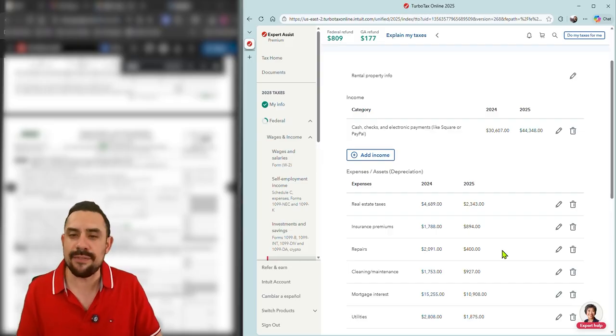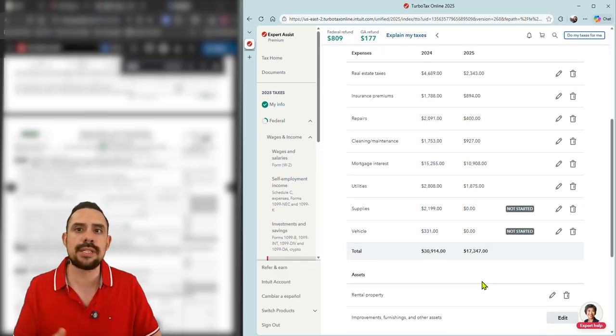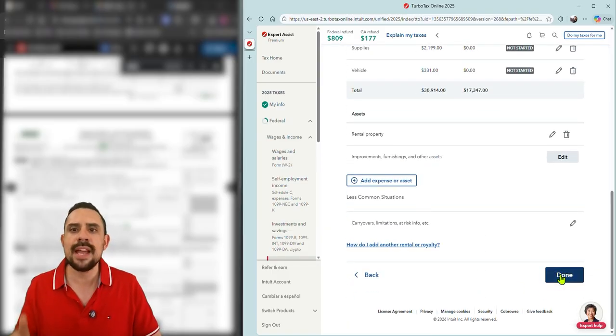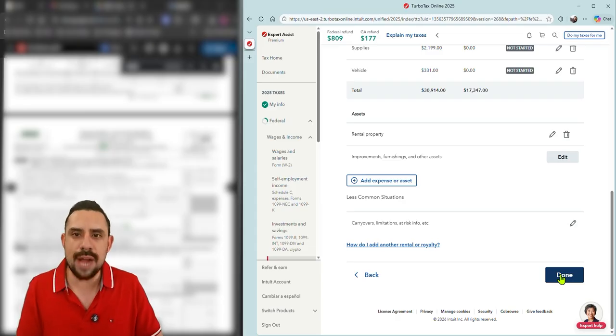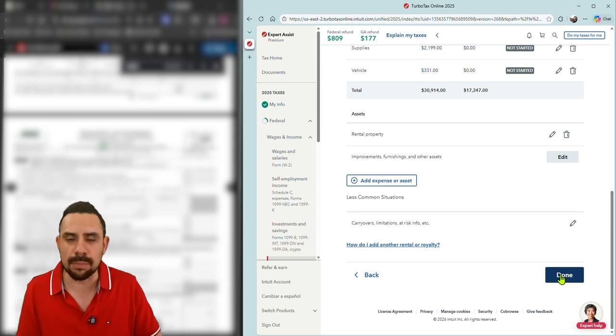Those already have that 50% allocation. And so really what TurboTax is going to do is it's going to take that revenue of 22,000 and subtract it by 17,347 and subtract the rest based on what are the assets of the rental property that we depreciate every year. So from here, I'm going to click done, and we're going to go ahead and finish answering some of